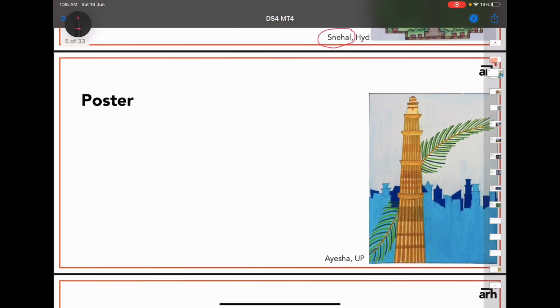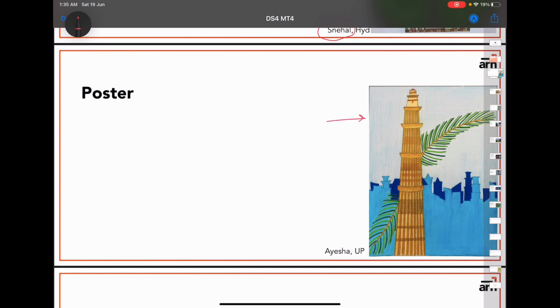And then we move on to this particular one. This is by Aisha. So here she has done a composition. Now we know that this is Qutub Minar, but if you read the question, it says about the plan of the building. I had a discussion with Aisha regarding this, and I asked her if I can point out the flaws. So first thing is, the plan of Qutub Minar is not in place. If I remove the question, if I don't take into consideration what was asked, this is a beautiful composition.